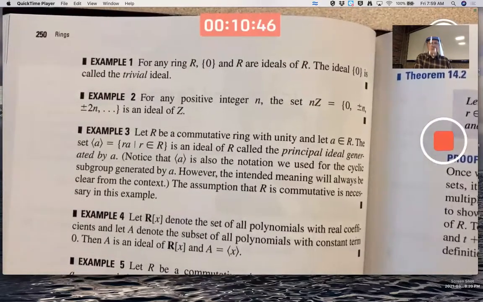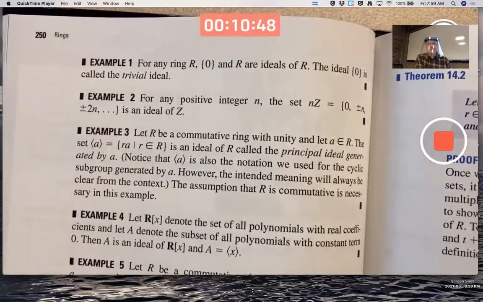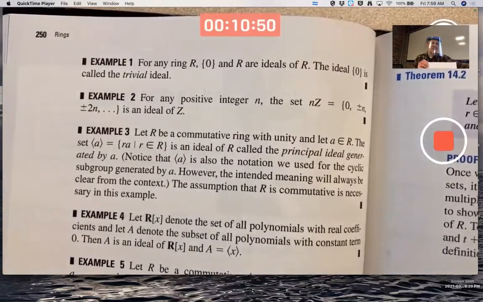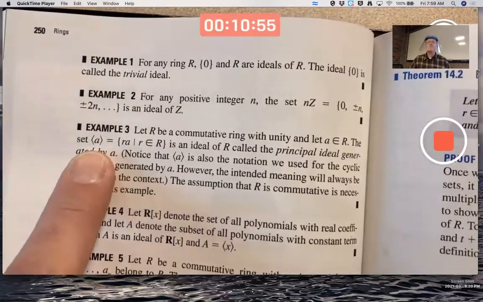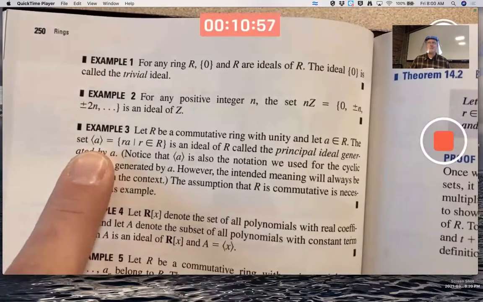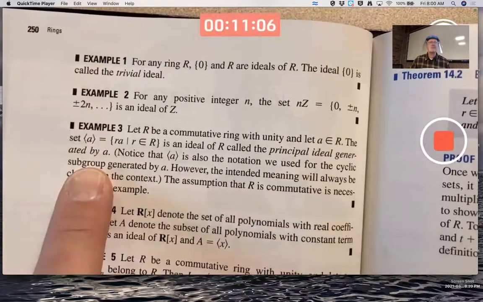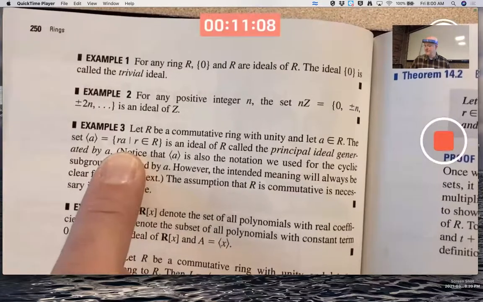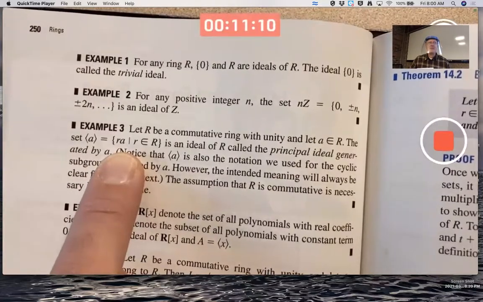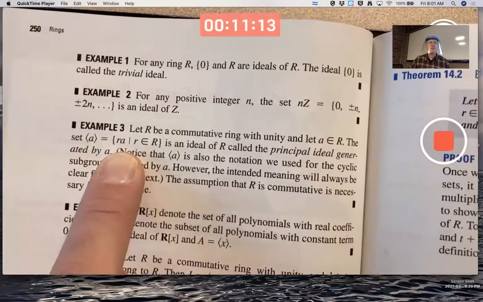Let R be a commutative ring with unity, and let A be a ring element. Hey, looks like a cyclic subgroup generated by A. But no, it's not. In ring theory, this does not refer to the cyclic subgroup generated by A. Instead, it's called the principal ideal generated by A. Its definition is different. And in fact, if you were thinking about defining a cyclic subgroup in a ring generated by an element, which you could do,